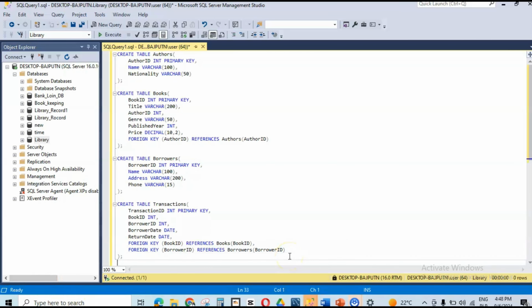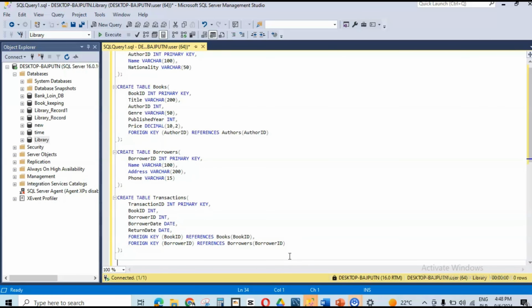So we have succeeded in creating the four tables. So the next thing is for us to insert values into the tables. Oh, and that's a good one. So we are going to insert values into the tables. And the first thing we do